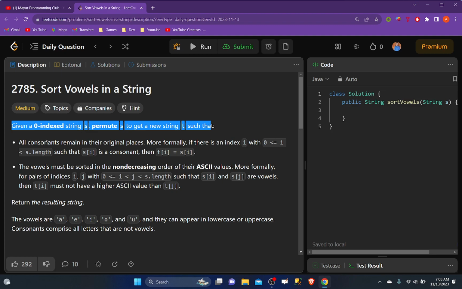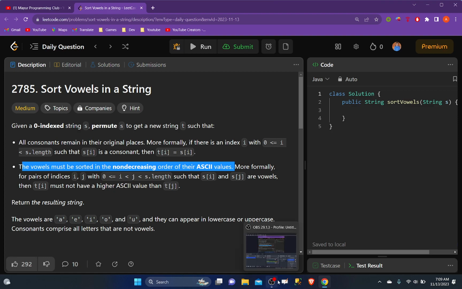All the consonants in the new string will remain on the positions on which they were in the original string. So the consonants' places will not be changing in the new string. Only the vowels' places will be changing, and they will be sorted in non-decreasing order of their ASCII values. So, for example, let's say